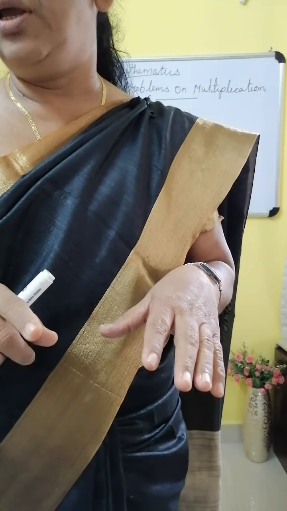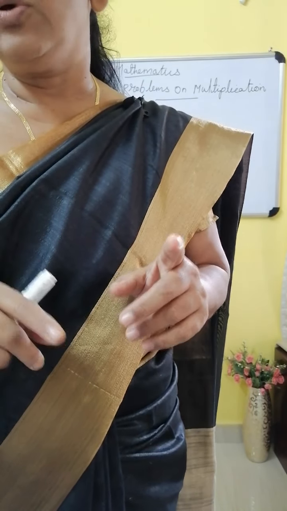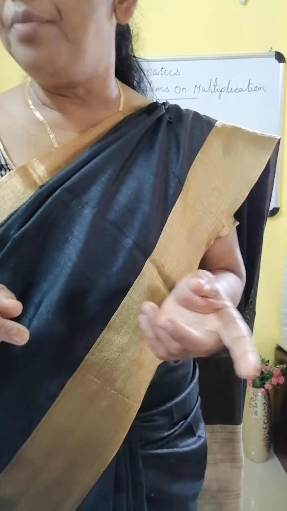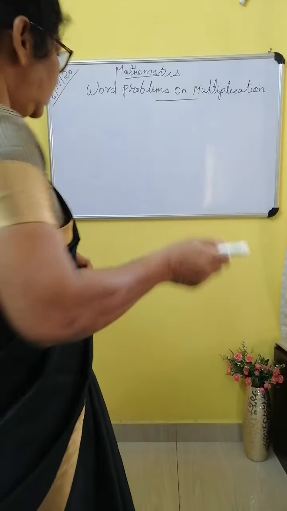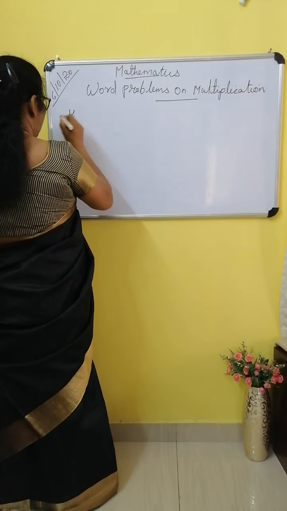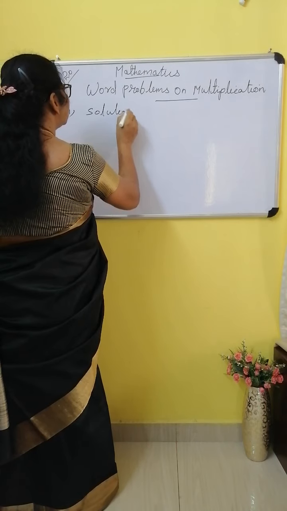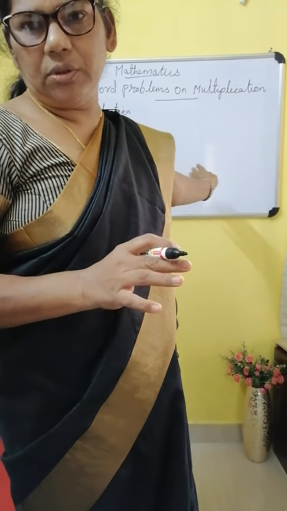You have to copy the question from the textbook, page number 71, exercise 4.4. Exercise 4.4, question number 1. A box contains 122 apples. How many apples will be contained in 32 boxes? So, write solution, number 1. First you have to copy the question from the textbook, then only copy the answer from the board. Okay. Number of apples in one box.